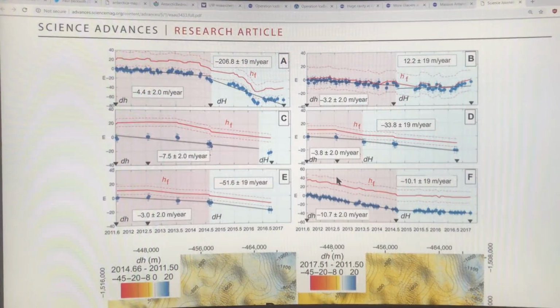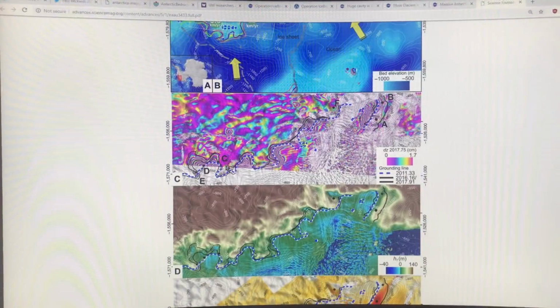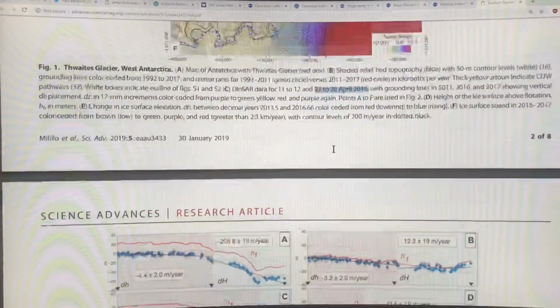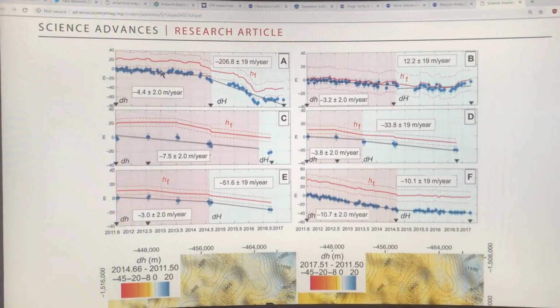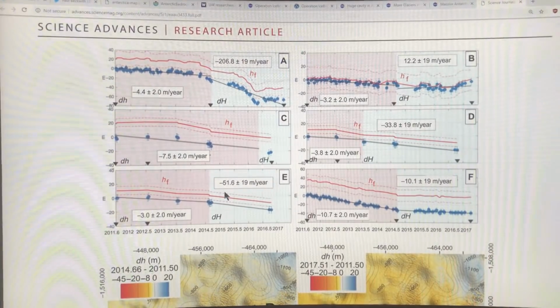Now what you can do is at these different locations, these different points up here, point A, B, C, D, E, F, okay? You can look at the change in each of these, and this is the ice loss. This is the dH in terms of the height. Okay, this is the height that the ice is poking above sea level, and you can convert that into the thickness of the ice. So it's just the scale changes here, but you can see the general trends are down,